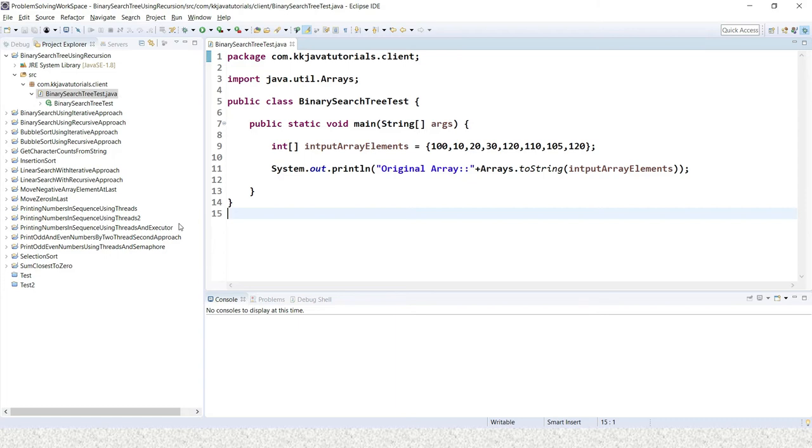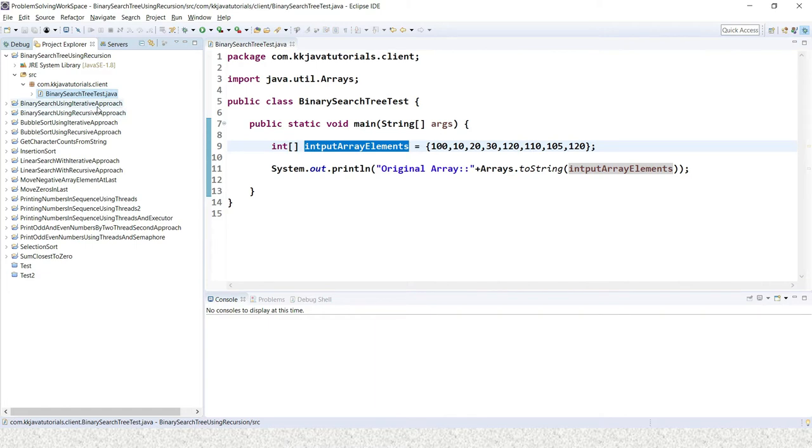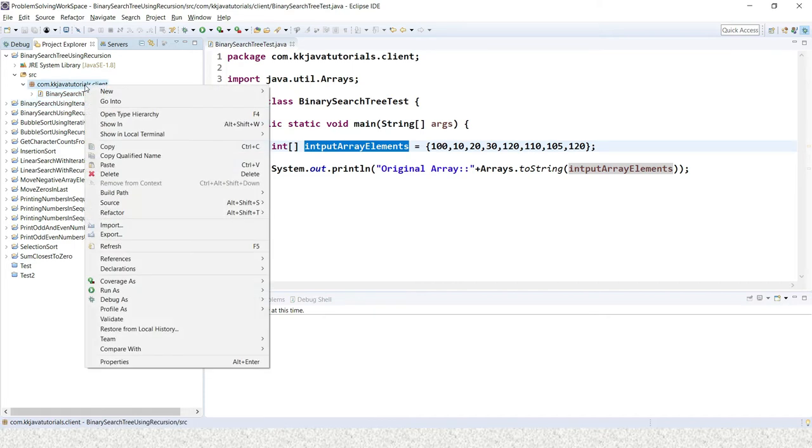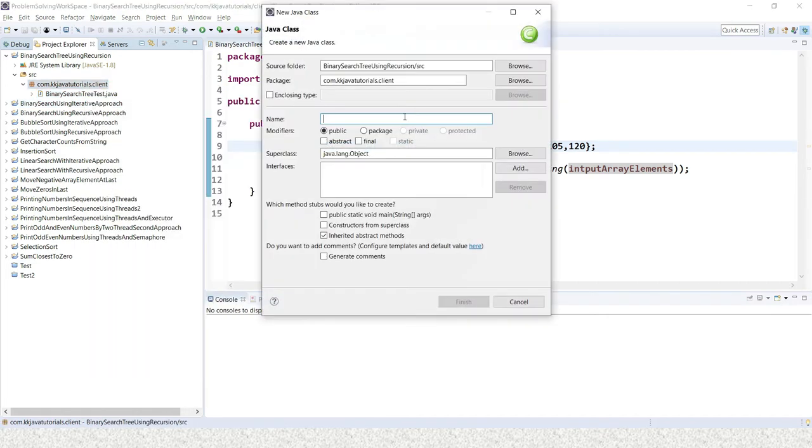Let's see how we can implement a binary search tree from the given array. This is our given array. I have already written the client program, but I still have to write the binary search tree. First we have to create a class called node, which represents each node in the binary search tree. I am going to create another class in a package, say dot tree, and here I am going to create a class